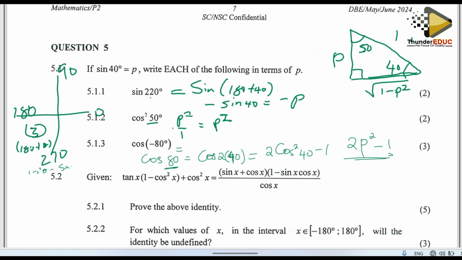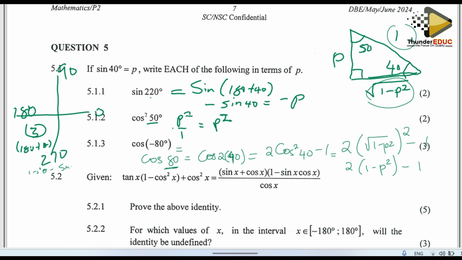Oh, sorry, I'm using 50 instead of 40. Okay, so cos is adjacent over hypotenuse. So it's going to be 2 into the root of 1 minus p squared, squared, then minus 1. When I open that up, the root sign will fall away, leaving 1 minus p squared